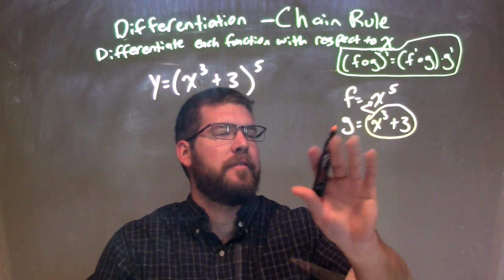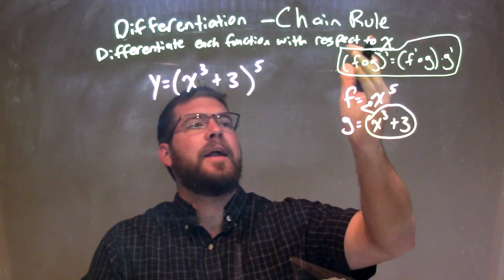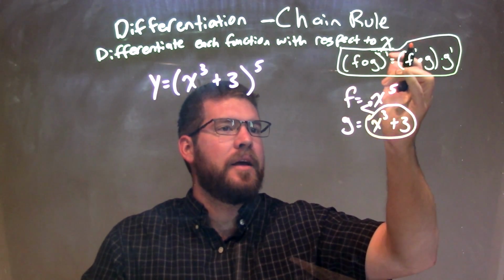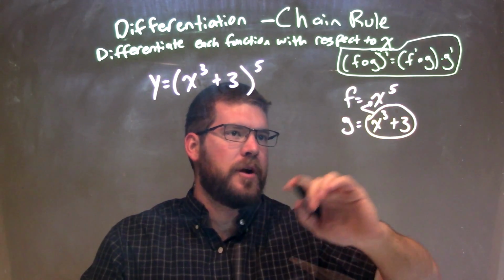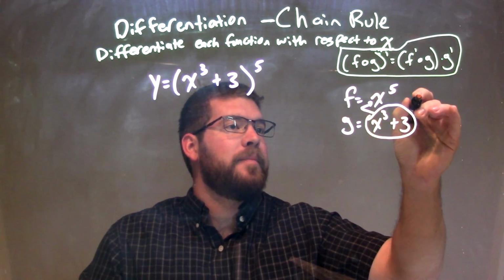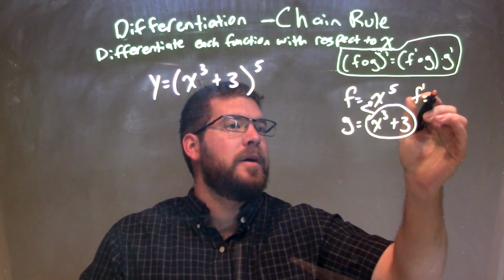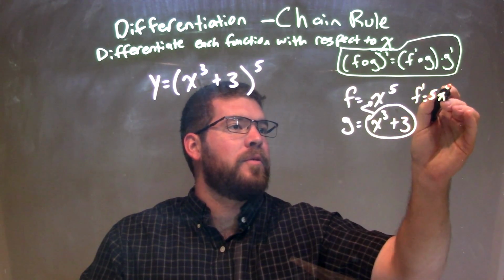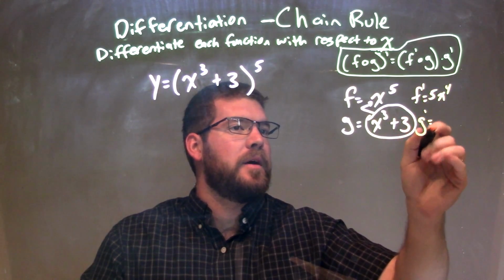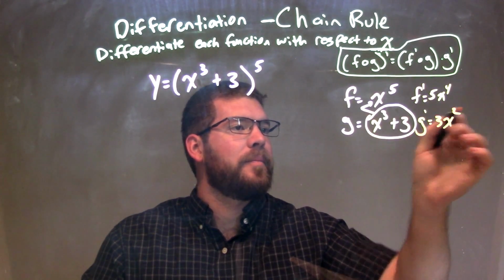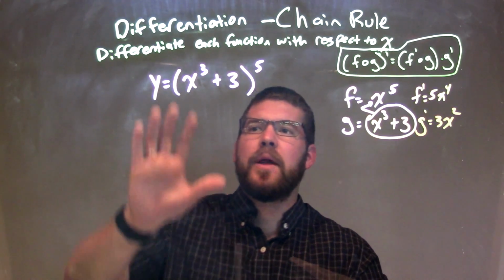So I do have my f of g right there, and so when we find f of g prime, eventually we're going to need f prime as well as g prime. Well, f prime, we've written right here, f prime is 5x to the fourth, and g prime is 3x squared. Okay? So now when I take my derivative,